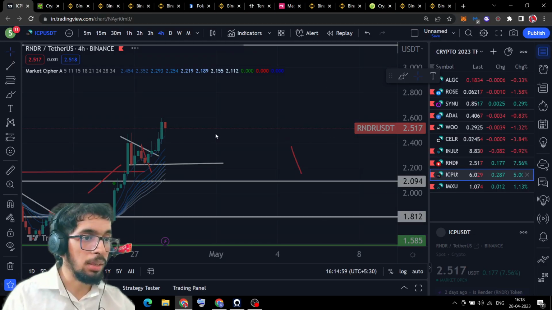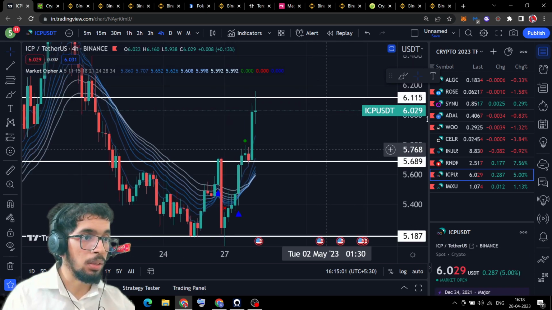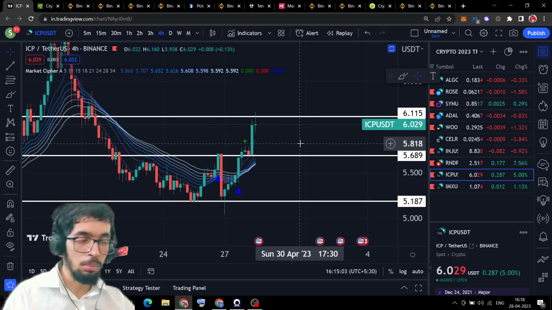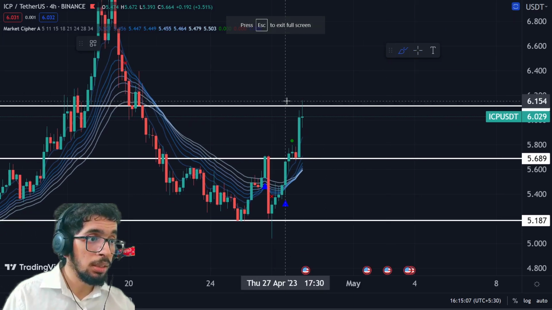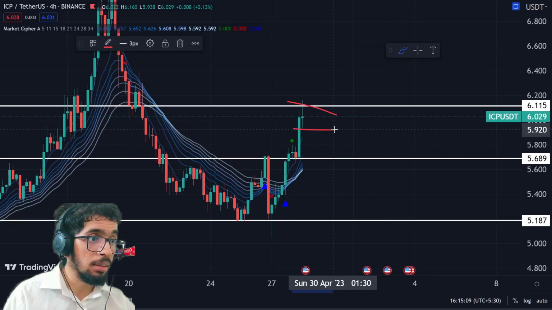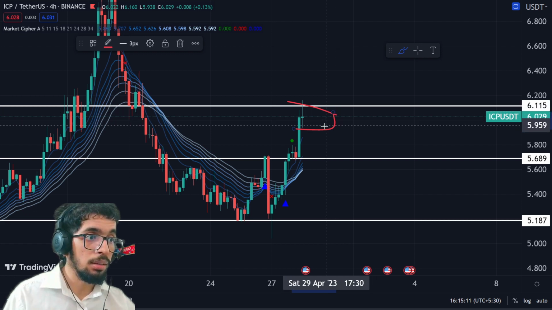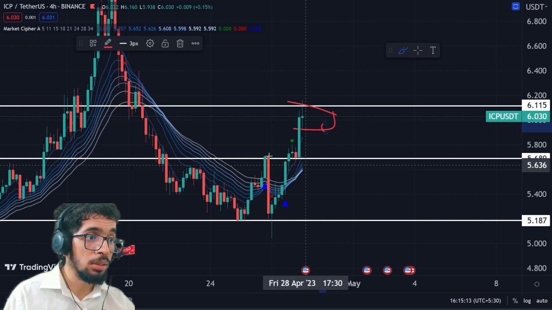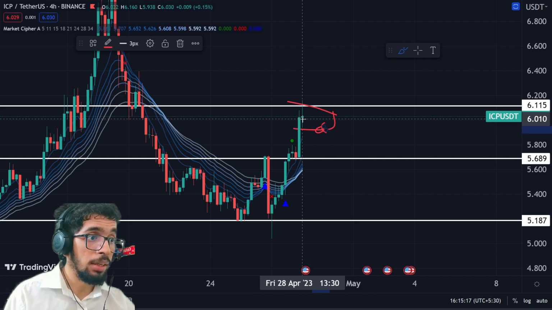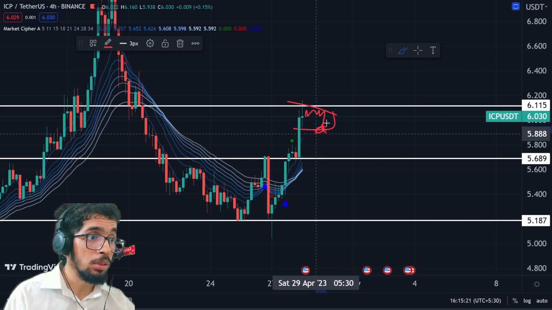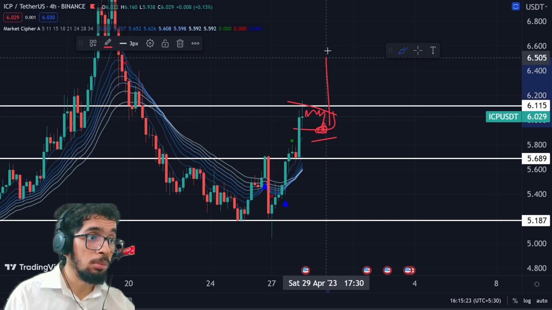ICP, right? Okay, so for ICP, let me show ICP. ICP also not that much, but if it does a triangle here, like this triangle, then you can put a nice bullish position. It's looking bullish. So you can put your position right here. Wait till it makes that triangle. It'll be like that, like that, like that. Then put your position here, put your stop loss here. Then more probably it's going to go up.